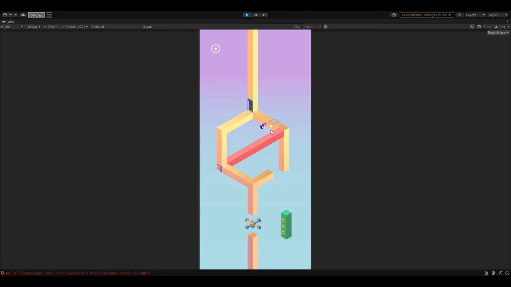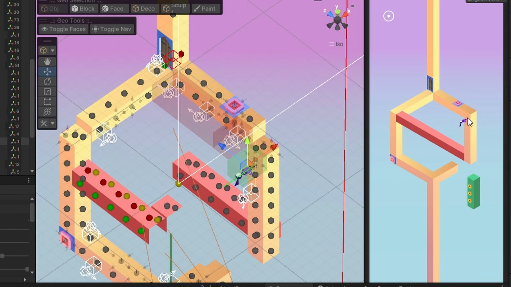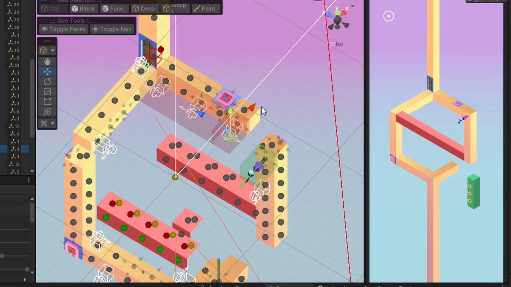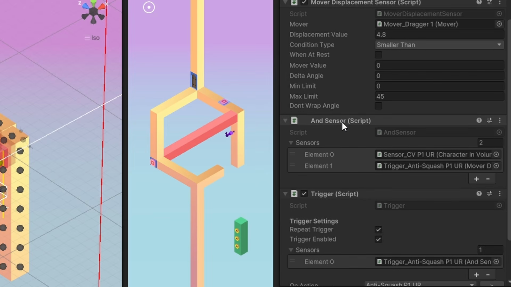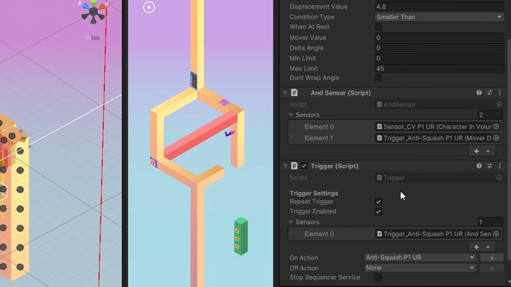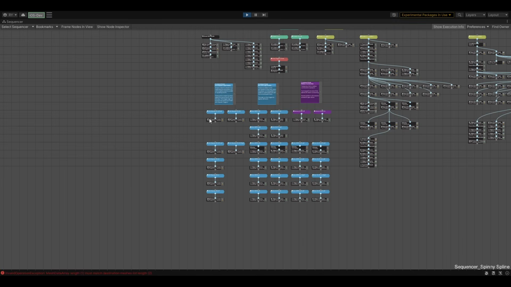What this requires is setting up objects in the scene with character volume sensors, which is just a little collider box that detects if a specific character is overlapping with it. There are then other sensors which detect if the dragger or rotator goes over or under a certain value. All of these sensors are placed in yet another object with a trigger component which detects if all of these things are true. It then points to the visual coding section of Unity, where we determine events and cutscenes in the game. Now if you're a programmer, look away now, but this is what the logic looks like.